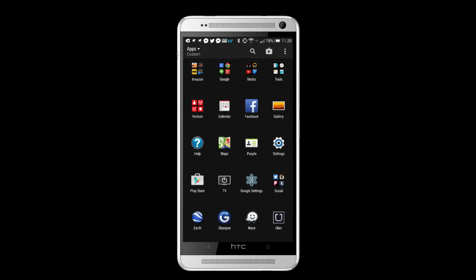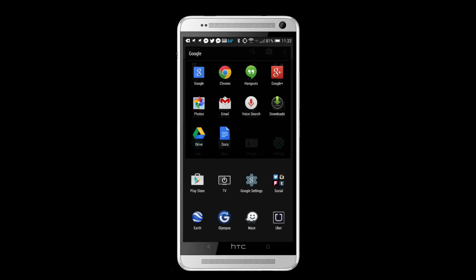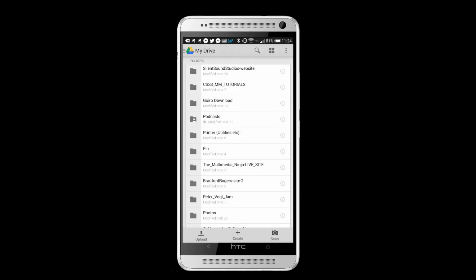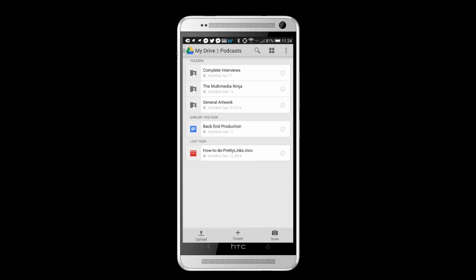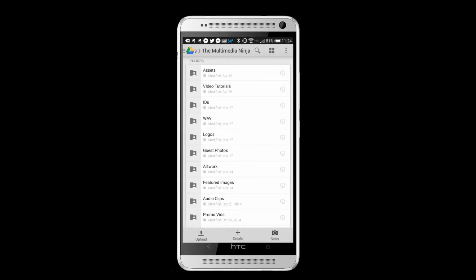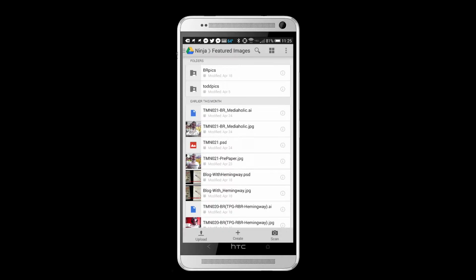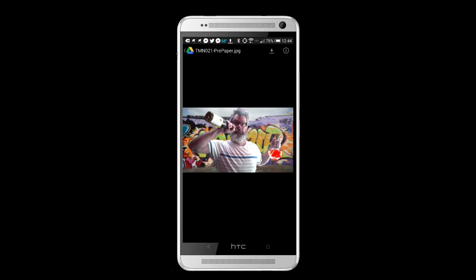I happen to have all my Google stuff in a little Google folder at the top of my home screen, so I open that folder and then I click on the Google Drive icon. So now we're in Google Drive, and we're just going to navigate to the Podcasts folder, to the Multimedia Ninja subfolder, and the Featured Images folder under that, which probably I could have stored somewhere a little easier to access, but that's just how we're rolling today. And you'll see our image there, which you can click on